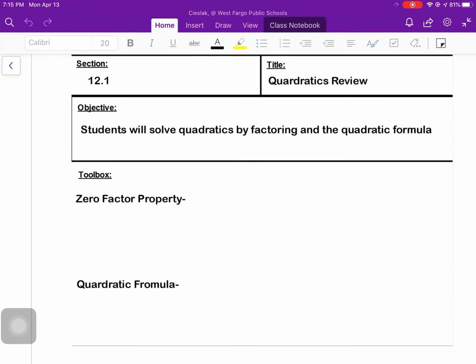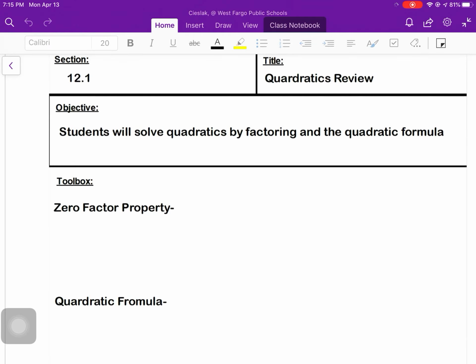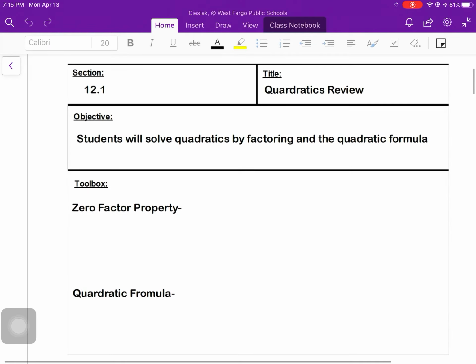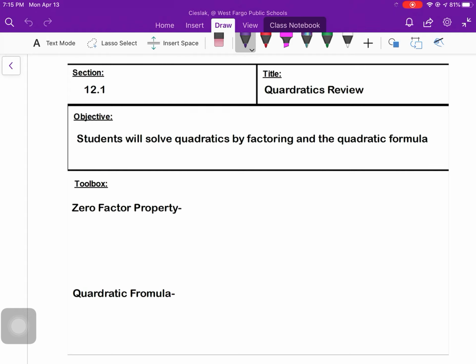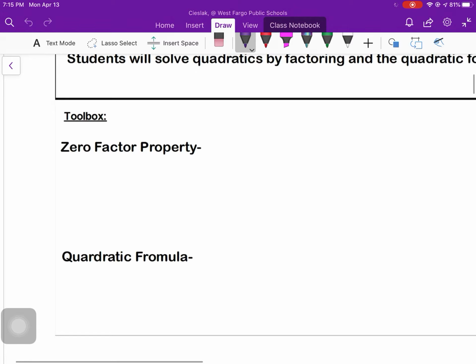Alrighty, so this is the start of chapter 12. We begin chapter 12 with a review on quadratics. Just to start off by saying, you are not assessed on just being able to solve quadratics. The only reason this comes up is because you will have to do that within problems that we do in the upcoming sections, okay? So a couple of things to keep in mind or recall from Algebra 1 are the